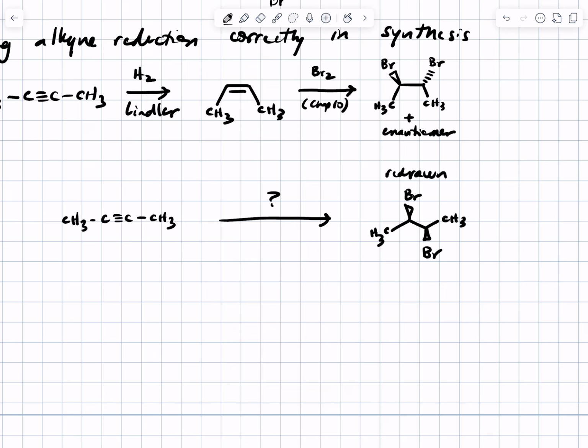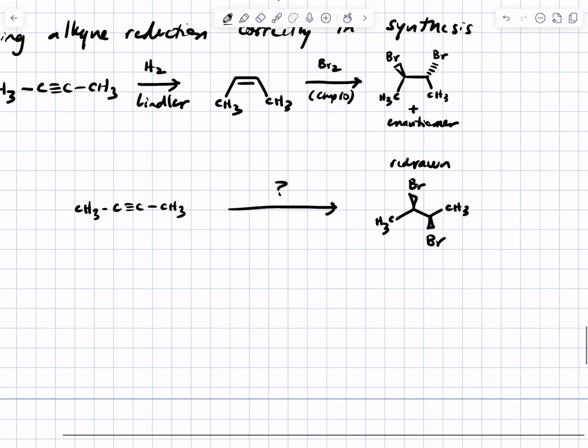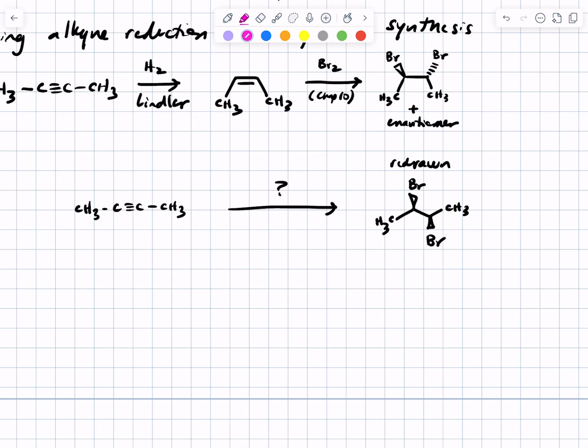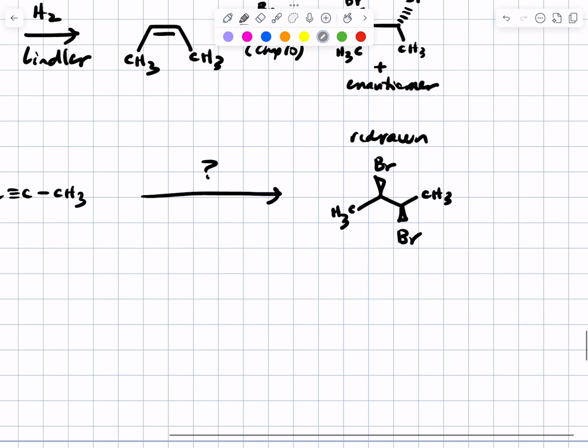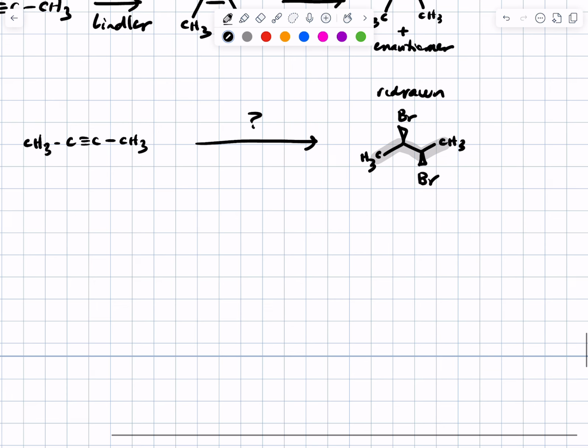That is dastardly. It is the same, if you can see it, but here's the thing that will happen to you if you are going too fast. You are going to see this. Your brain will say, I know, trans alkene. And you're going to propose the wrong